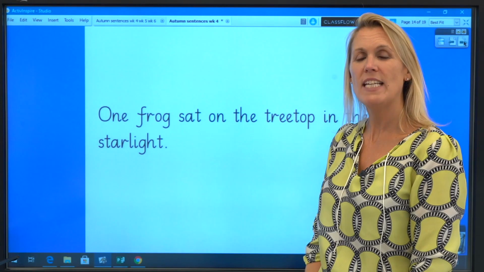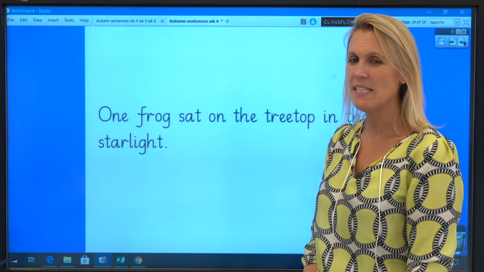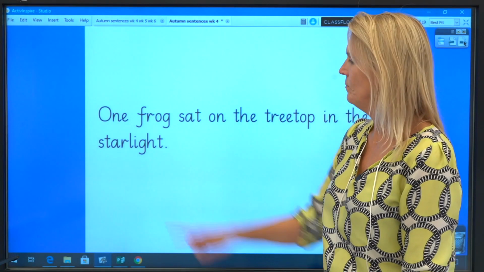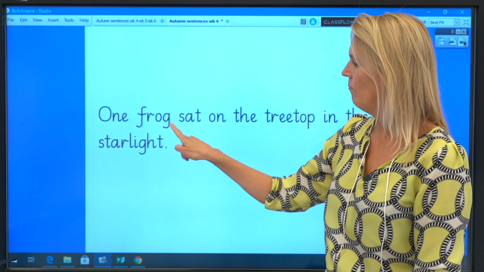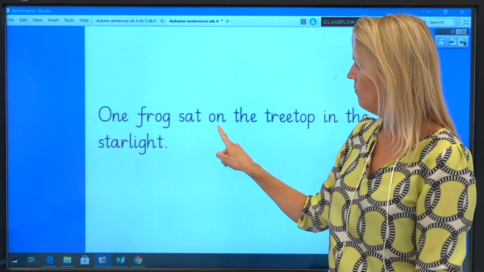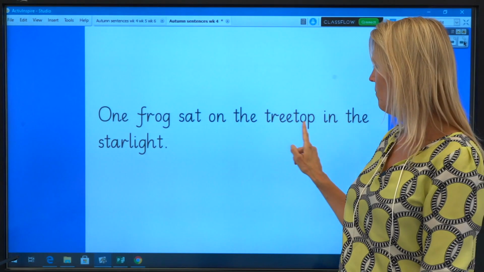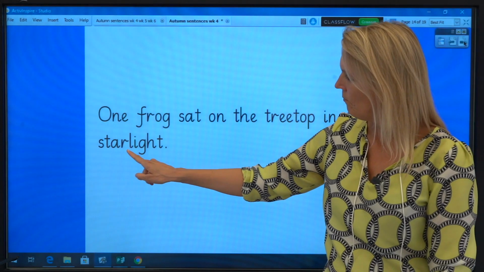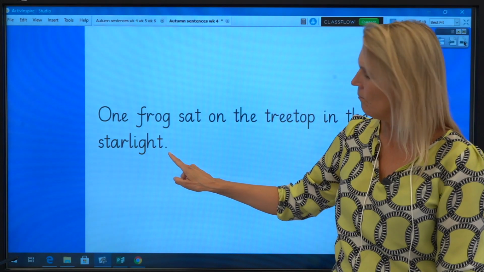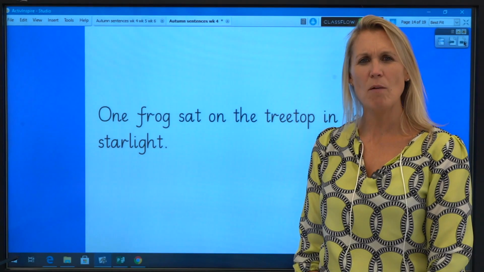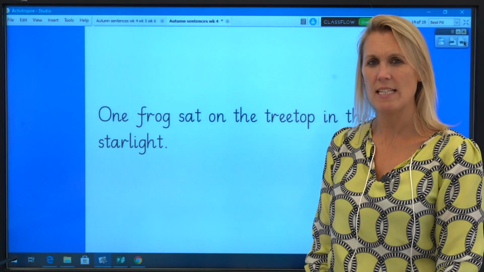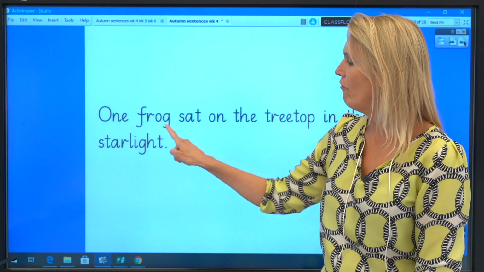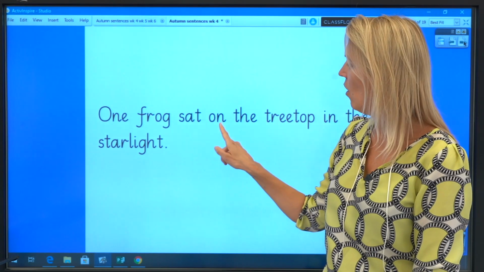Now I want you to read aloud as I point to the words and remember to sound out any words you are not sure of. Are you ready? Excellent reading. Now let's read the sentence together. Read with me as I point to the words. Ready? One frog sat on the